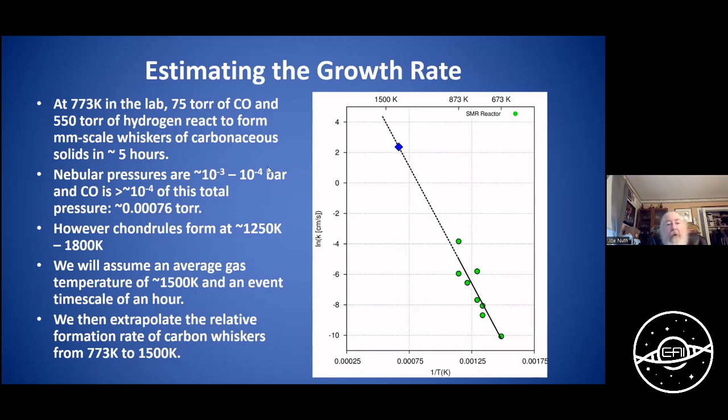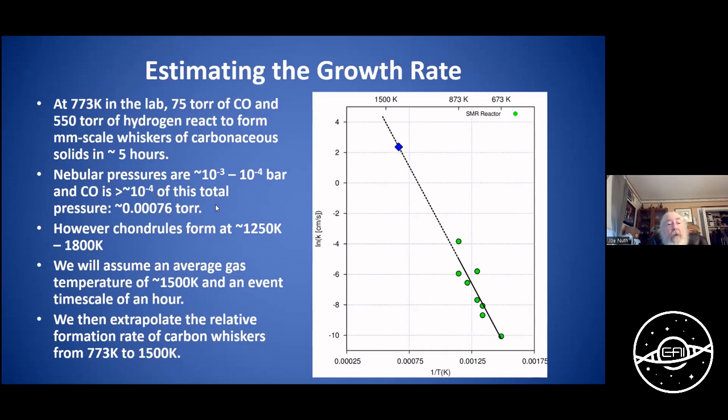Nebular pressures are from 10 to the minus 3 to 10 to the minus 4 bar, and CO is 10 to the minus 4th of that total. We're not going to operate at this low a pressure. In fact, it's kind of hard to actually meter materials in at that low pressure. So we assumed that what we're doing is effectively moderated or controlled by the reaction rate, and the reaction rate is